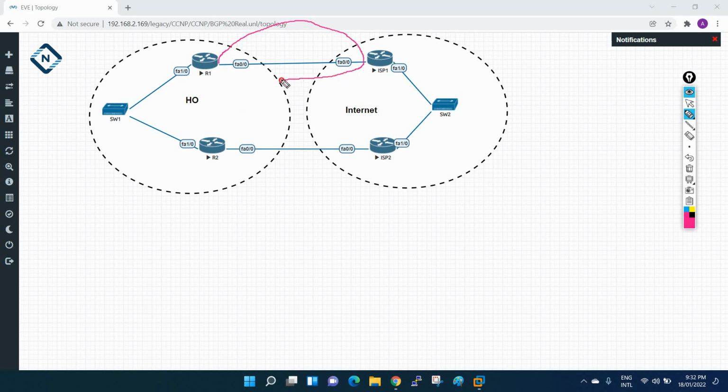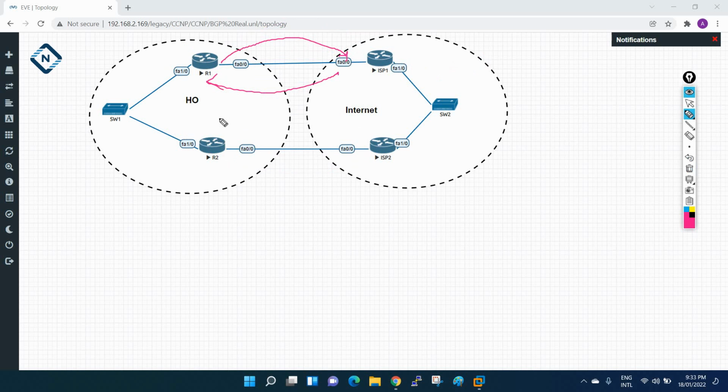We are going to make the neighbor pairs with the help of BGP from here and here also. Imagine we have a route, 8.8.8.8. We are going to get this route from this ISP and also from this ISP. So as per our manager's requirement, we need to modify the traffic. We can modify the outgoing traffic and the incoming traffic depending upon our manager's and company's requirement.